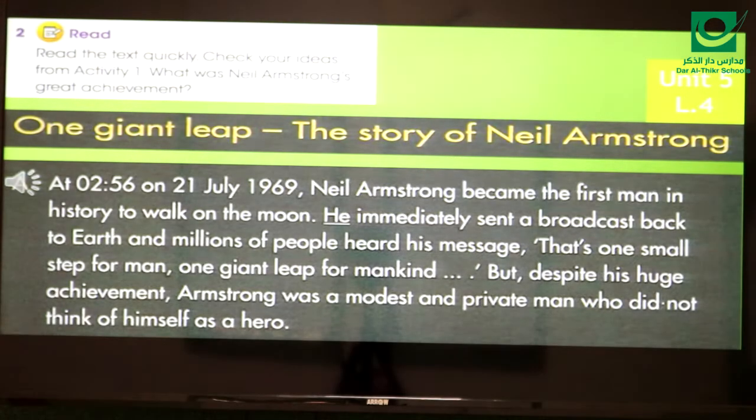At 2:56 on the 21st of July 1969, Neil Armstrong became the first man in history to walk on the moon. He immediately sent a broadcast back to Earth and millions of people heard his message. That's one small step for man, one giant leap for mankind. But, despite his huge achievement, Armstrong was a modest and private man who did not think of himself as a